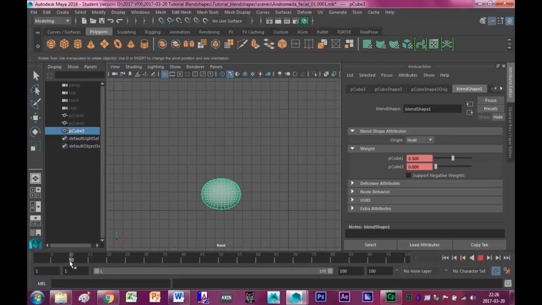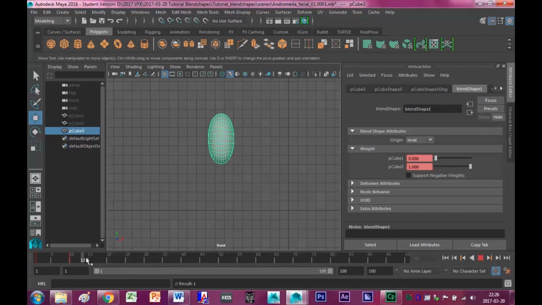Now go to frame 10, set squeeze back to 0. Go back to the first frame and set key on the transformation of the object. Then go to frame 10 and move the object up.